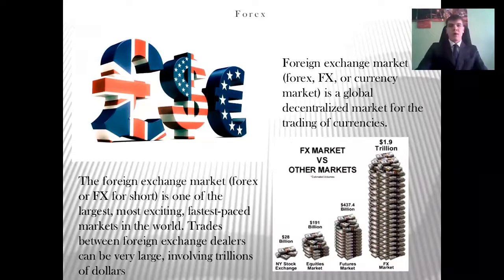For example, it permits a business from the United States to buy goods from the European Union. If an importer wants to buy something from Europe, he should pay the price in euros, and the United States buyer pays the price in US dollars. So now you can buy whatever you want from almost every country in the world using the Forex market. And the second goal of the Forex market is enabling direct speculation based on the value of currencies.